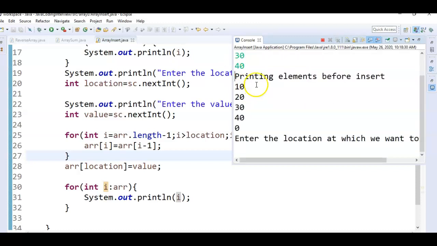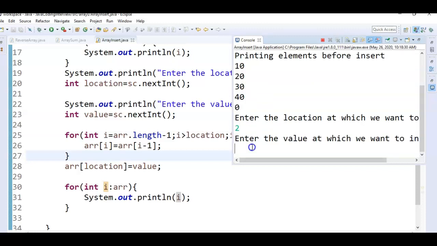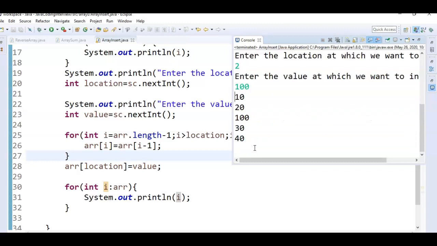If you see here, the printing elements before insert, these are the elements. Enter the location at which we want to insert. I want to insert an element at second position. What value to insert at the second position? I want to insert 100. If you see here, 10, 20, 100, 30 and 40. At second position, we have inserted 100.